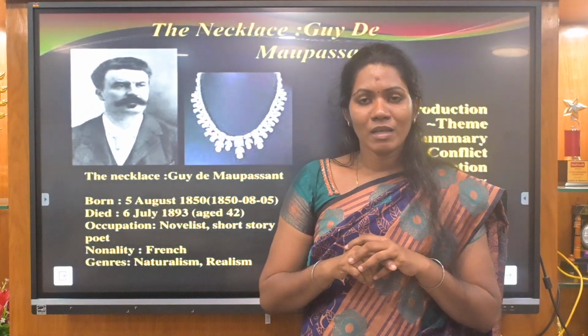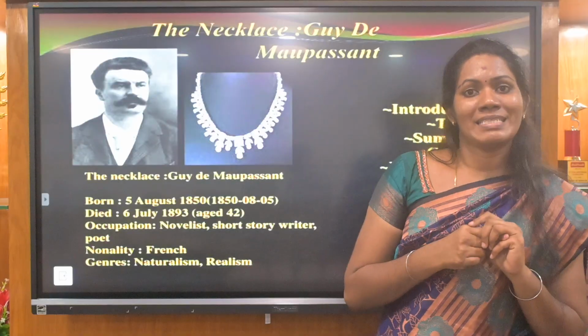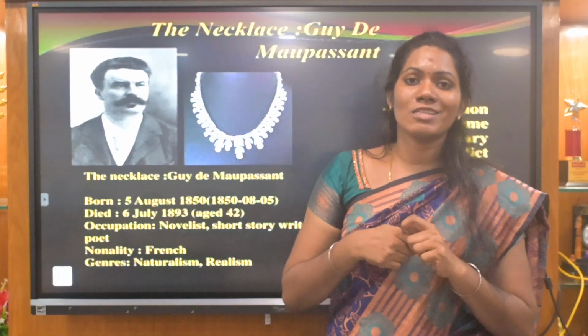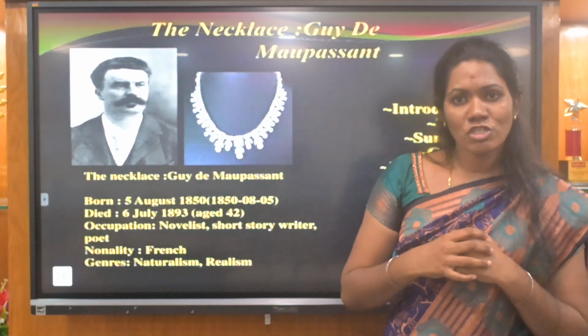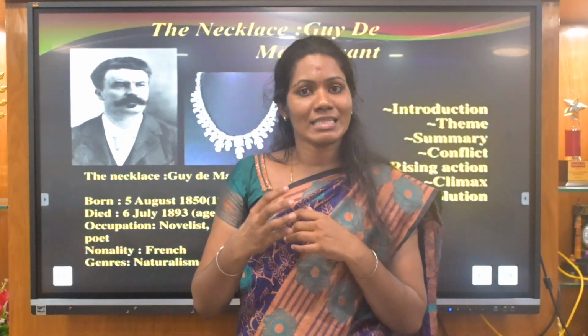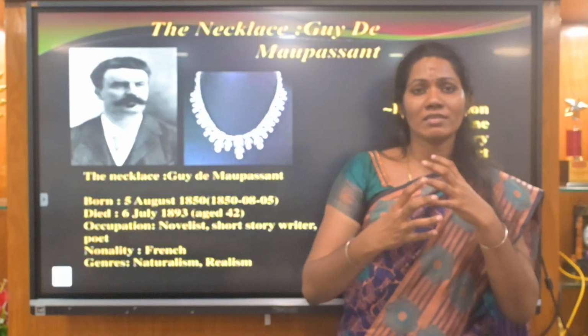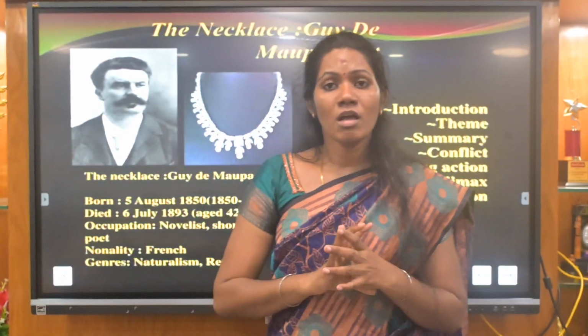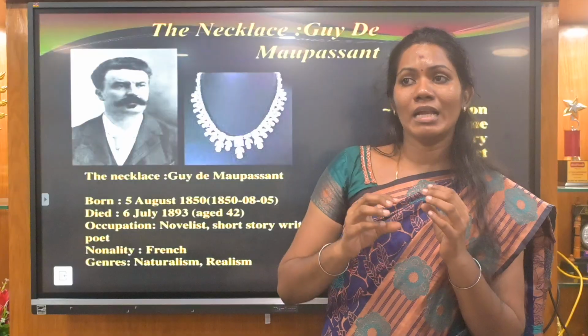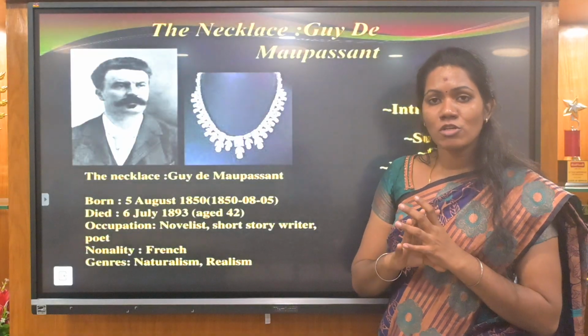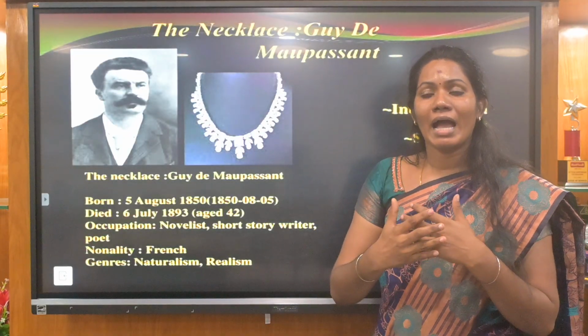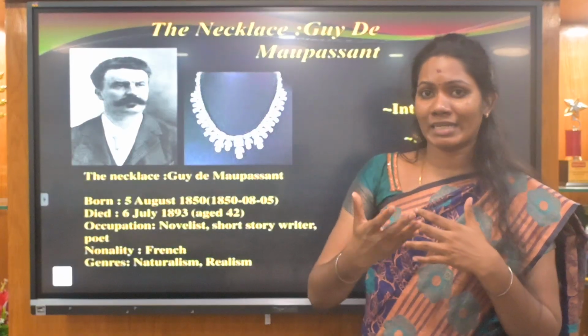In this story, the main characters were Mr. and Mrs. Loisel. Mrs. Loisel was born in a poor family. She wanted to live a luxurious life. So she demanded that her husband bring her new things as well as many jewels. But her husband was from a poor family, so he was not able to pay for them in the correct way.